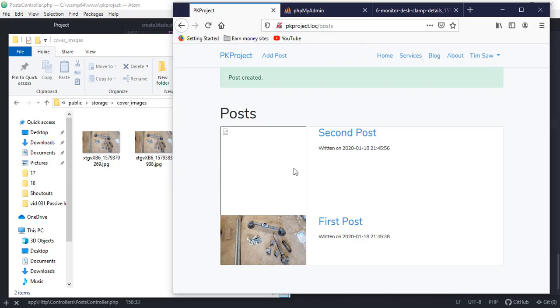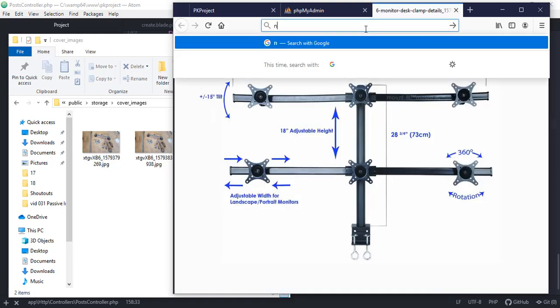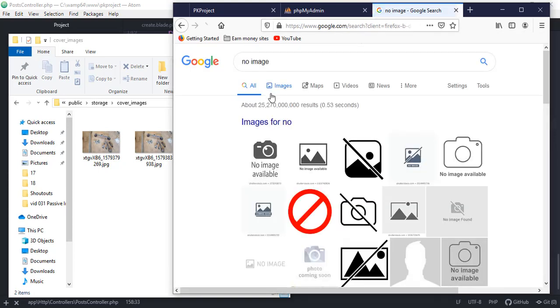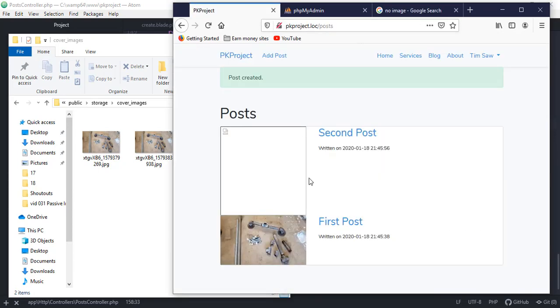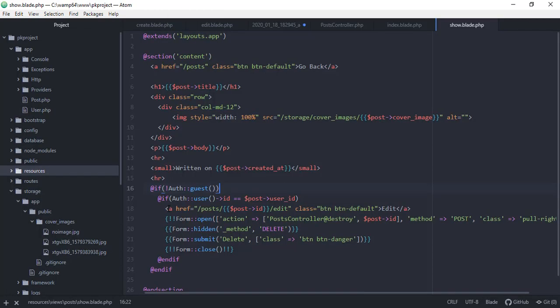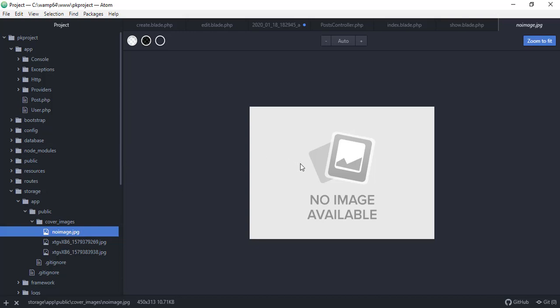So we don't want that, and we want to have a default no image here. So let's go and search for a no image picture, so that we will be able to have a default no image here. So after finding a default no image, make sure to copy and paste that in your cover_images directory. And this is what I have chosen from the new no image default, and the file name is